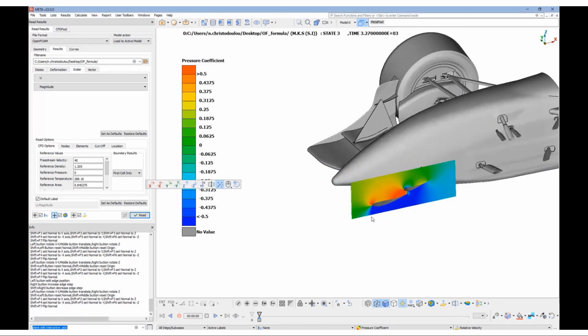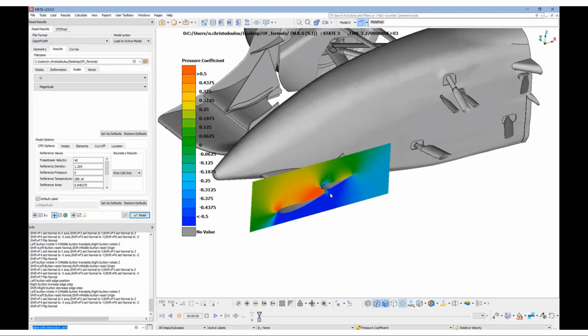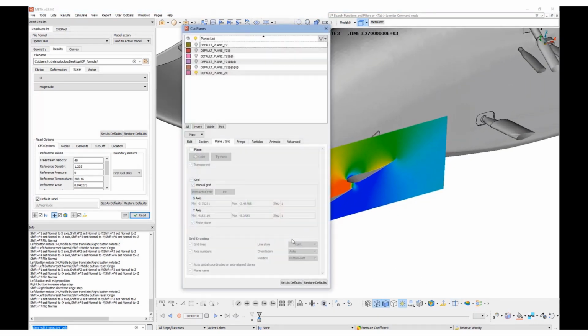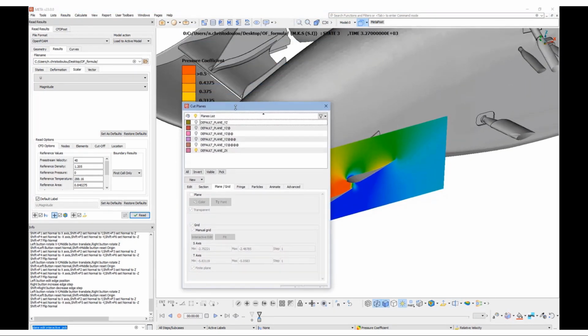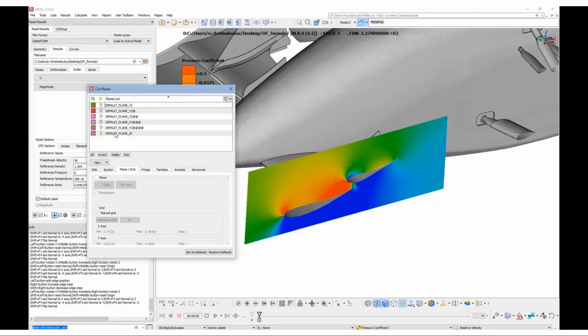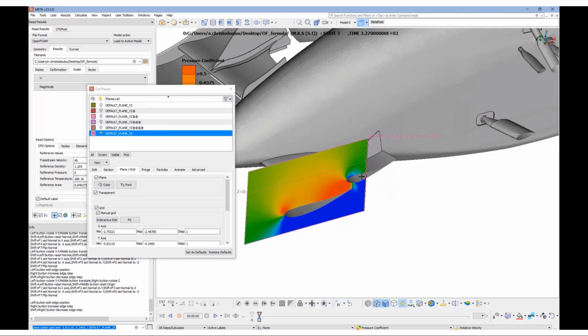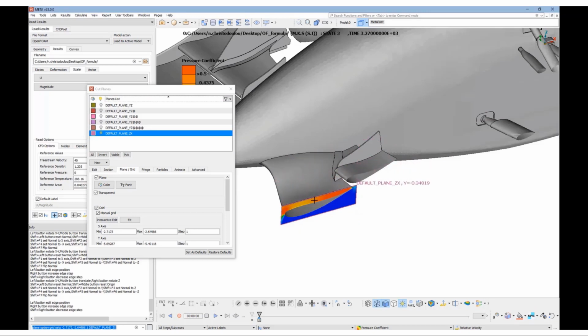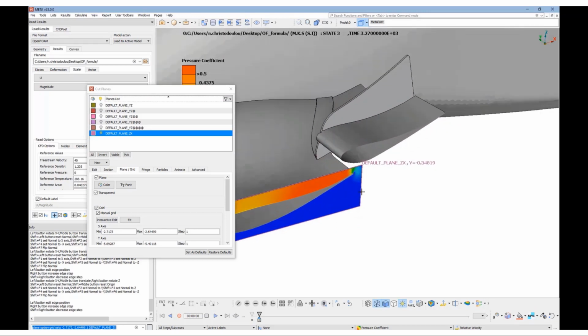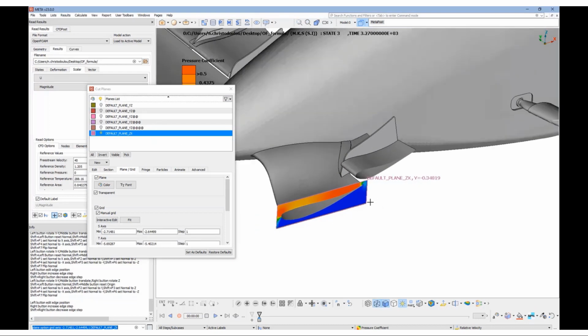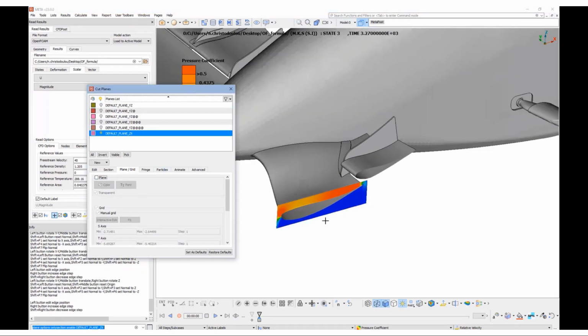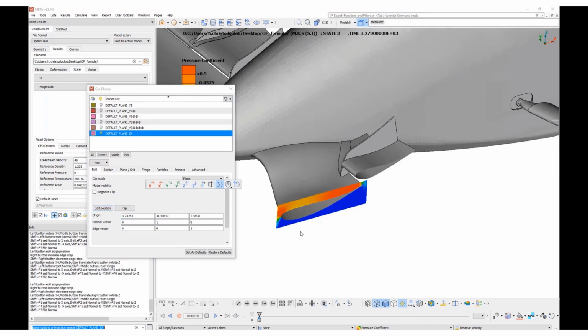What we would like to do now is to have a cut plane slicing the front element of the front wing, and then we will use this cut plane to identify the section exactly and plot in a 2D plot the pressure coefficient around the wing.